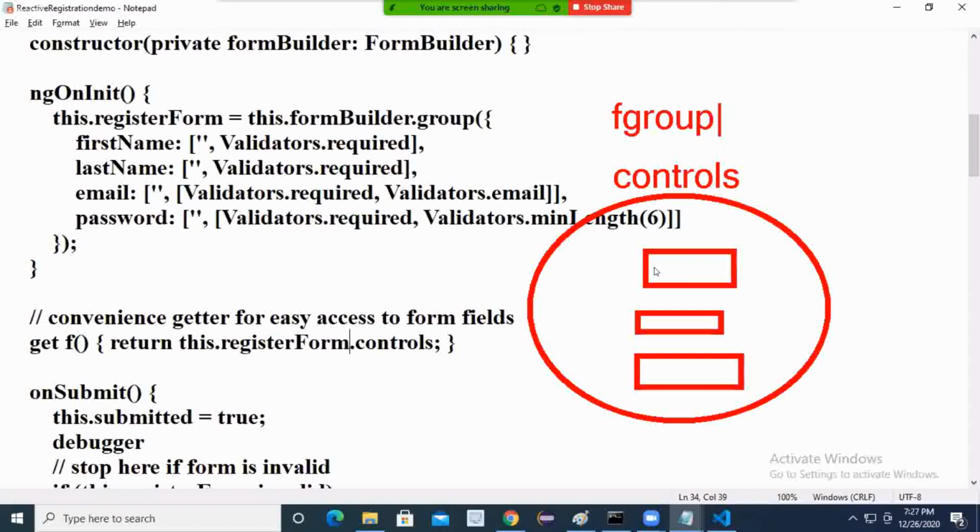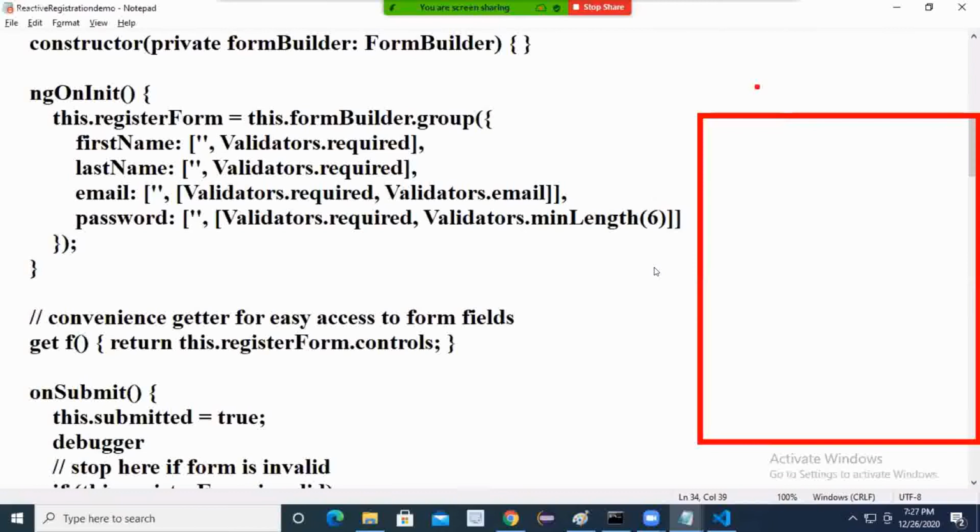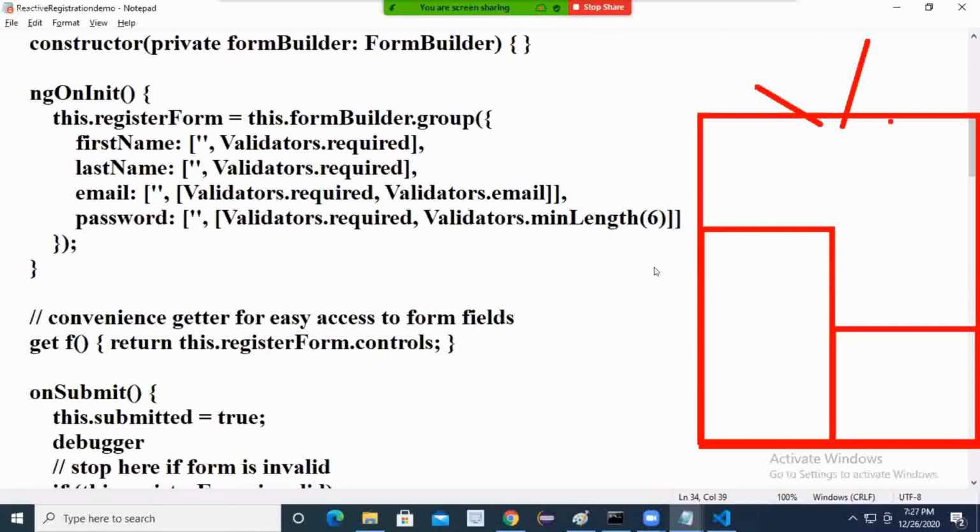And this form group object is in your house. This is your house, this is your entrance gate, and the house has some dining hall, some kitchen. Now this is your bedroom. In this bedroom you have one locker, and in this locker you have some gold. You want to take this gold ring.